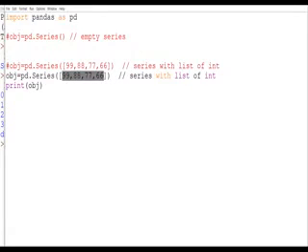How do we write characters? In inverted commas.